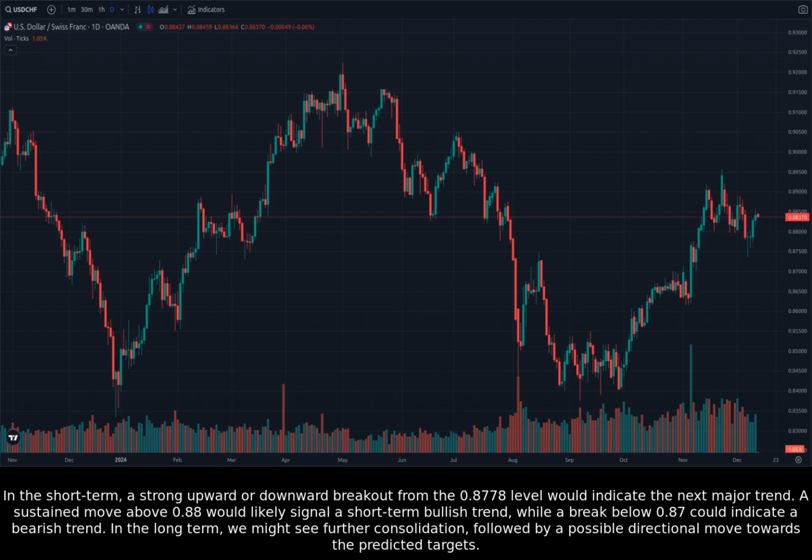In the short term, a strong upward or downward breakout from the 0.8778 level would indicate the next major trend. A sustained move above 0.88 would likely signal a short-term bullish trend, while a break below 0.87 could indicate a bearish trend. In the long term, we might see further consolidation, followed by a possible directional move towards the predicted